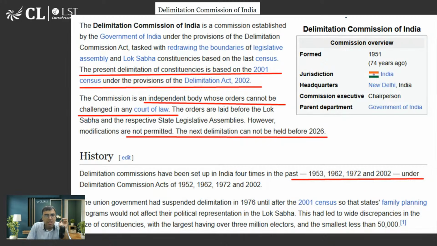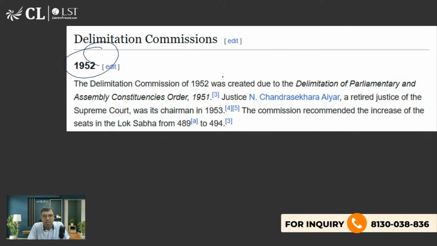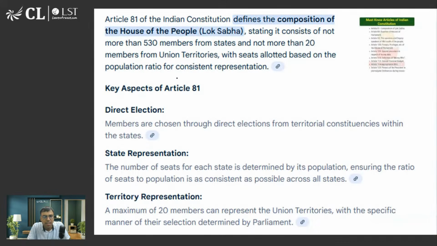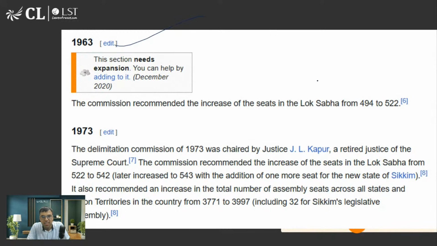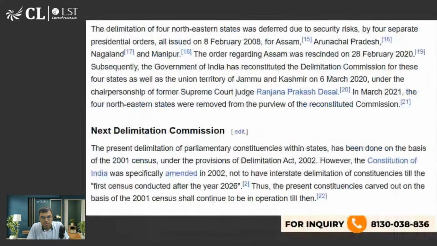ओके, है ना. I have told you it cannot be challenged, the delimitation commission's decision cannot be challenged in the court. We have seen 4 delimitations. यस, हाँ ठीक है. डेलिमिटेशन एक्ट के अंदर बनाया जाता है ना. We are talking about all India level delimitation. We are not talking about state level. कुछ कुछ स्टेट्स में कुछ कुछ हुआ था, उसके बारे में नहीं बात कर रहे अभी. ठीक है, because otherwise we will get confused. है ना. 1952 में हुआ था, then 1963 में हुआ था, 1973 में हुआ था, like that 2002 में हुआ था. नेक्स्ट डेलिमिटेशन के बारे में बता दिया, I told you.